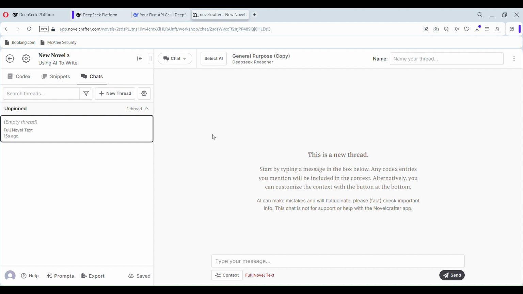Chat is actually one of my favorite tools within Novelcrafter, because if you say you do have a few chapters that you've written, you can go ahead and enter full novel text and you can start